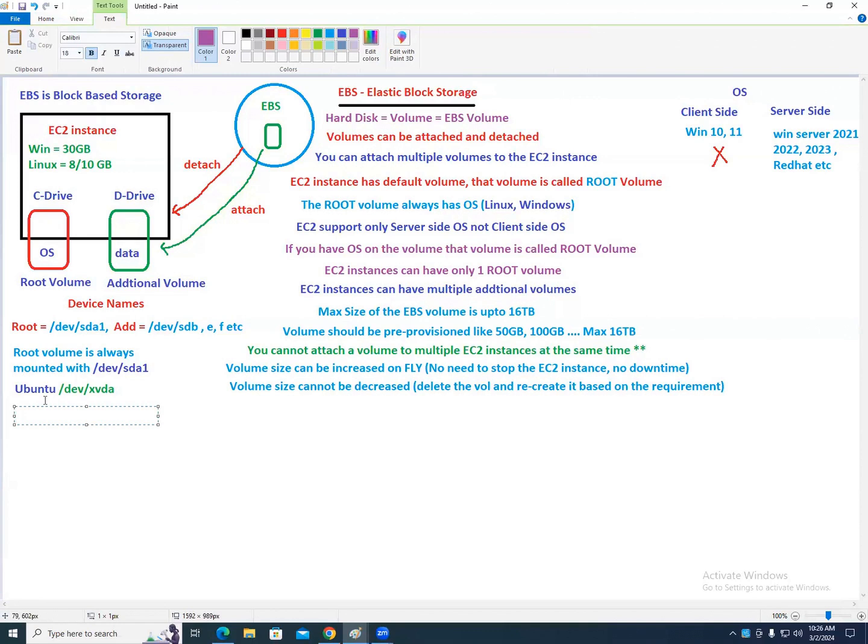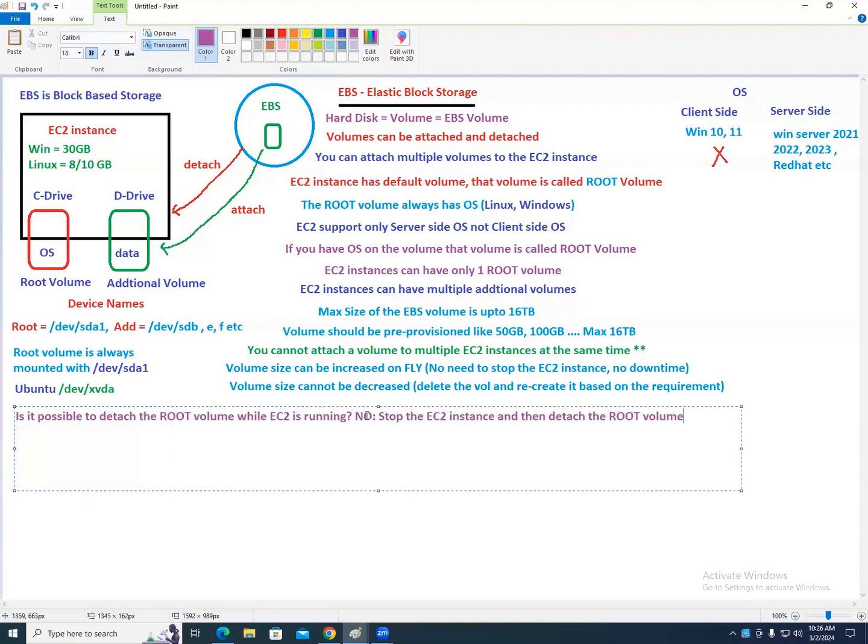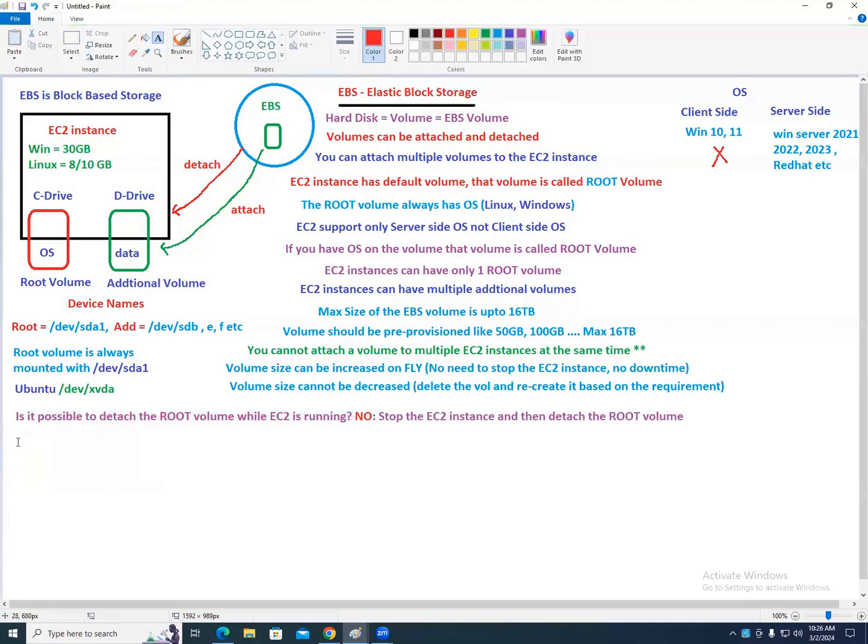Is it possible to detach the root volume while EC2 is running? Answer is no. What you need to do? Stop the EC2 instance and then detach the root volume. Good. Next here.